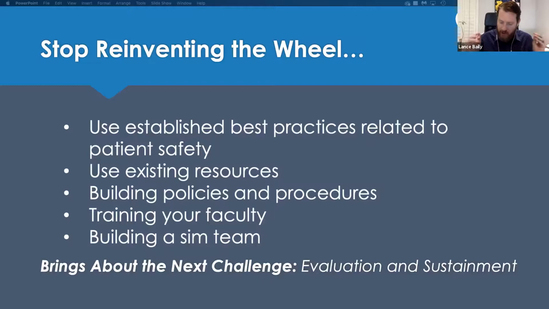I think if we all look at who's around us and what their experiences are, we can chip into that and walk away with a little bit more. And so it's things like this course that are going to help us to accomplish more of that. But at the same time, it's really about understanding where your program is at and where you need to put it in order for it to get to the next level. Because really the buck stops here, in a sense. And so if you've been tasked with being responsible for a clinical simulation program, there's a lot of learning that needs to take place.